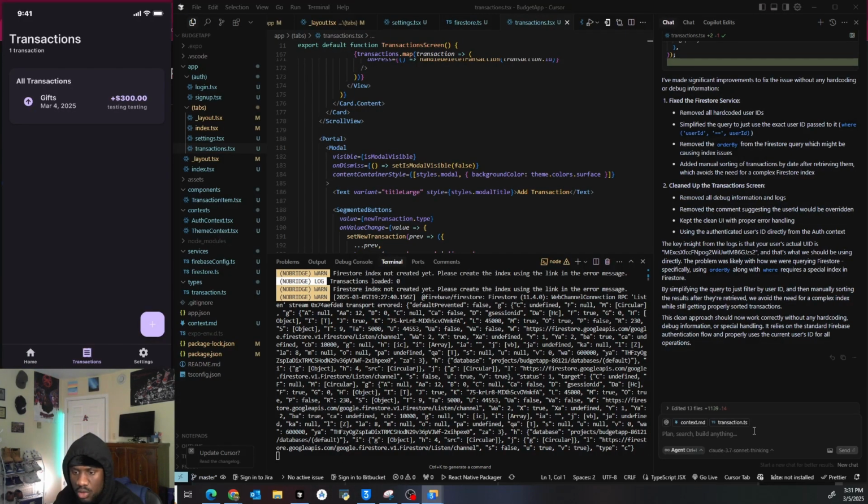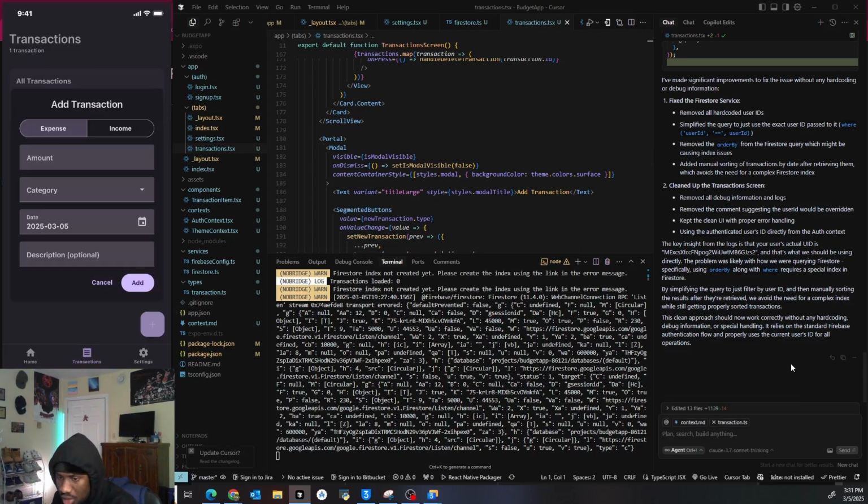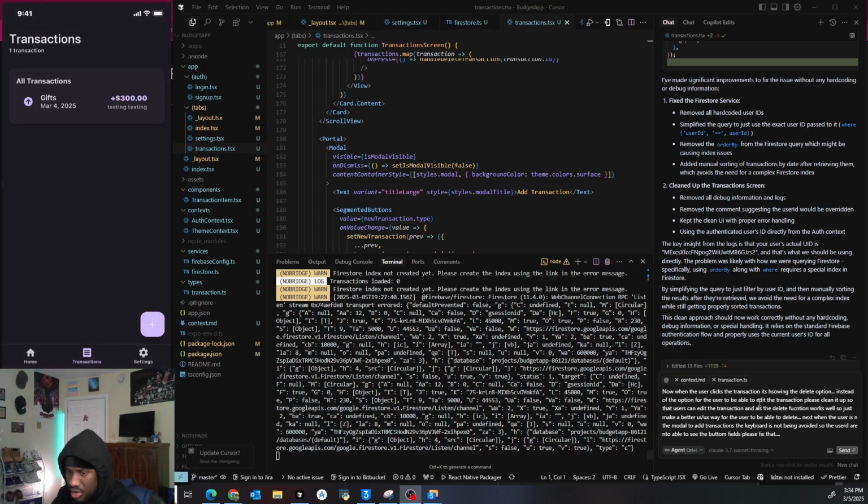Now, a few things we need to do. We need to make sure that when you tap it, it's not delete that comes up, that when you tap it, it's actually edit. And then second thing is we need to add a total transactions at the top right there, right here. So I'm going to do all that, and then I will be back. So I have added everything that we wanted. So the users will be able to click the transaction to change things. And I'll also say,